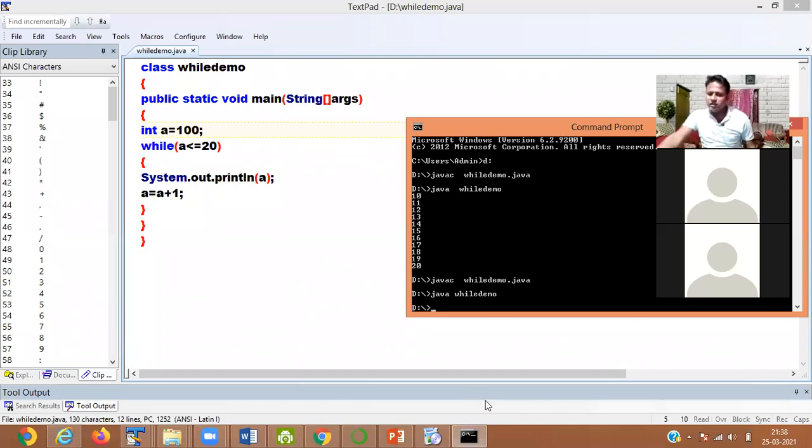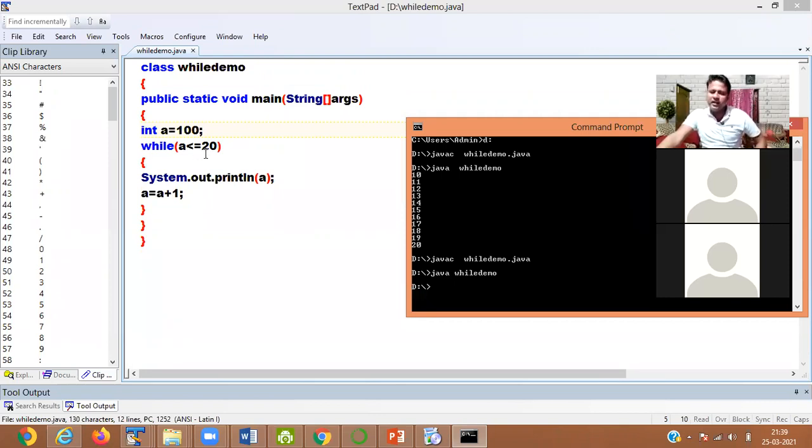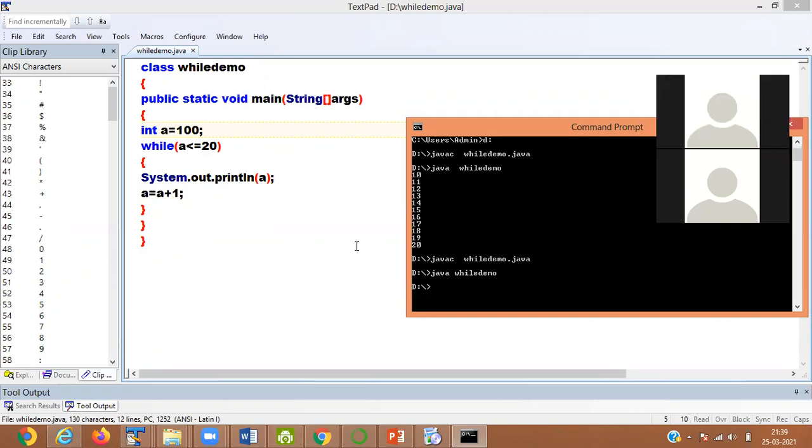See that? Nothing will be executed. 100 is less than 20. Condition is false. So here no statement is executed.